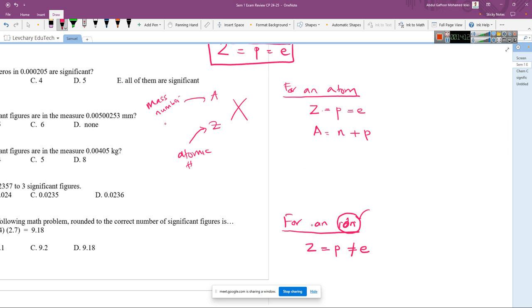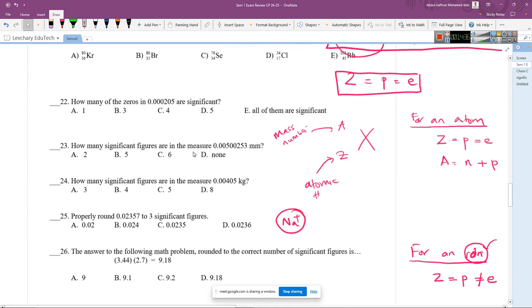Right. So for example, Na plus. How do you form this Na plus? By removing one electron from the sodium atom. So for an ion, the number of electrons will not be equal to the number of protons, which is equal to the atomic number. Now if you apply this theory here,